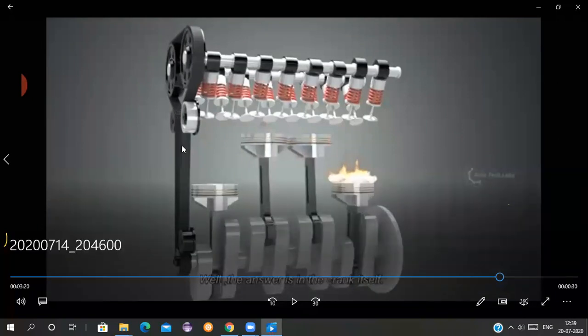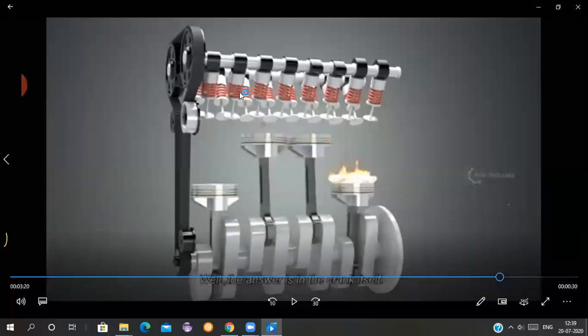Timing is very important in this internal combustion engine because you have to open the valves at the right time. If you open the exhaust valve after so much time, the engine will not work properly, because you have to open the exhaust valve at the right time so that the exhaust gases go out. You have to close it also at the right time so that the compression takes place. Therefore the timing is very important.